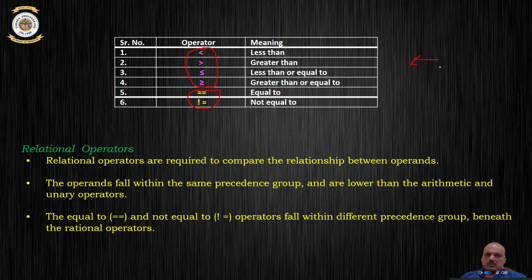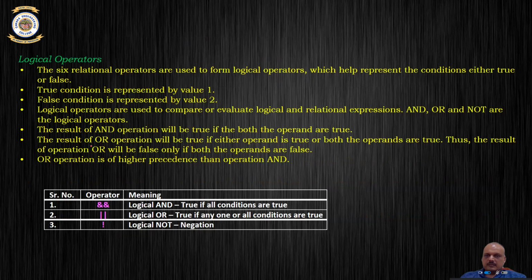So whichever comes to the leftmost part gets executed first, as compared to the one which comes at a later stage. That is only with respect to the precedence among these operators, not between them. Between them, you have to go back to the precedence table and see which particular operator gets executed first. So those were the 6 relational operators that are supported in C language.